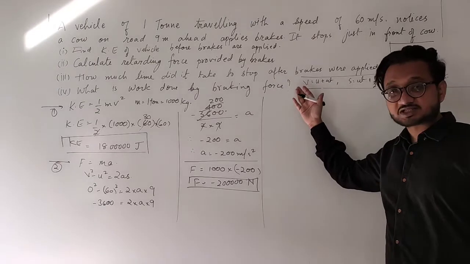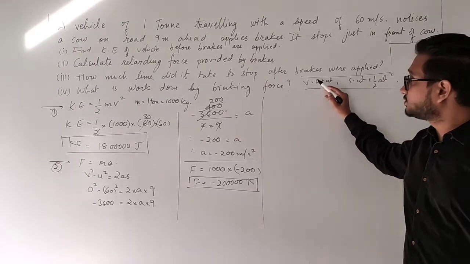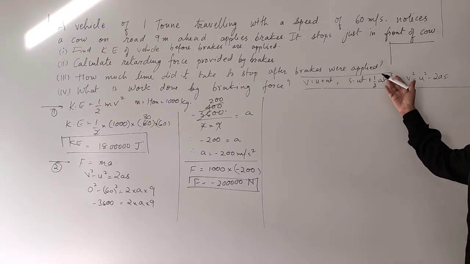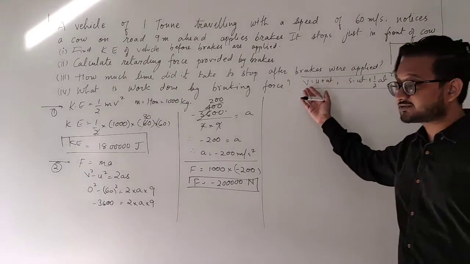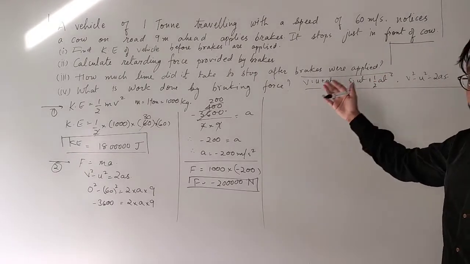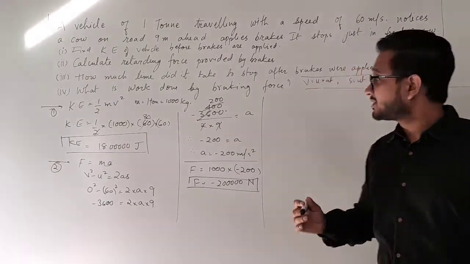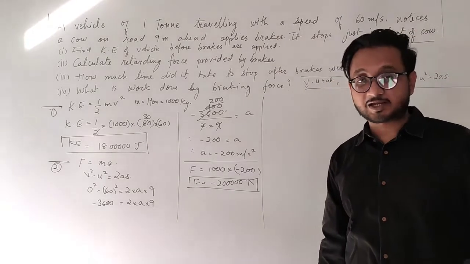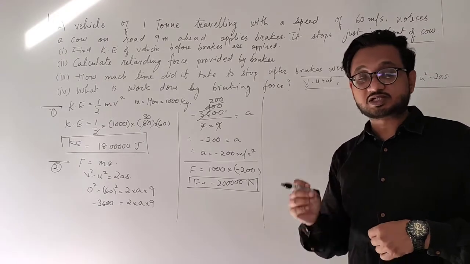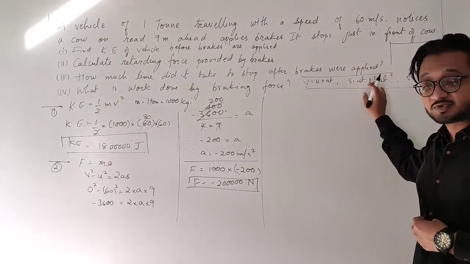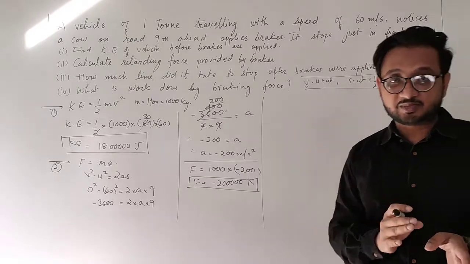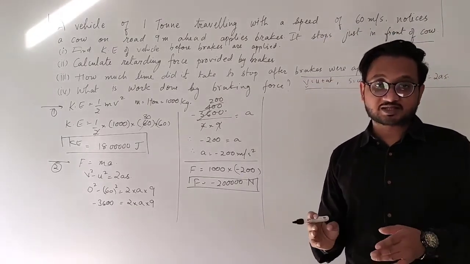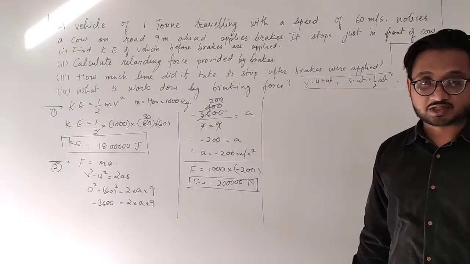In this one, once again, v is 0, u is 60, acceleration we just found, and time t. Over here we have the square of the time, here we don't have the square of the time. With both of these you can find the value of time, but this one is much easier, so we will use this one. We can save time ourselves by choosing the correct equation. Choosing the other will still give you the correct answer, but it will be a lengthier process and no need to make it more complicated and difficult for us in the examination. We use the simpler equation.